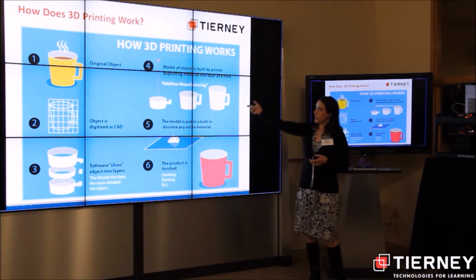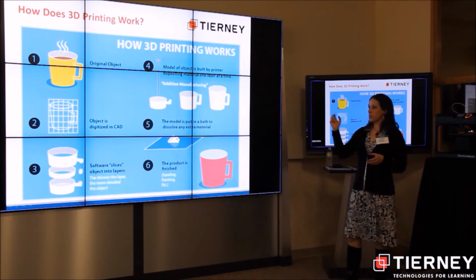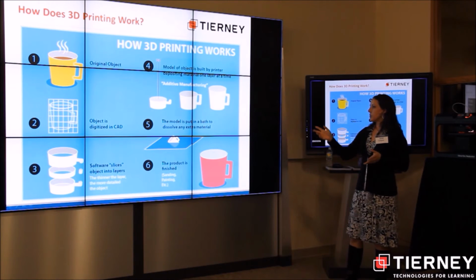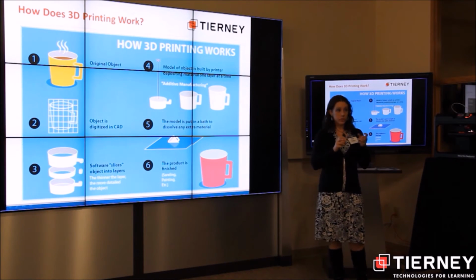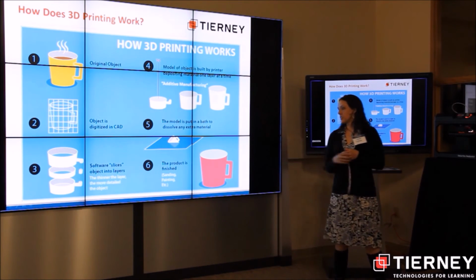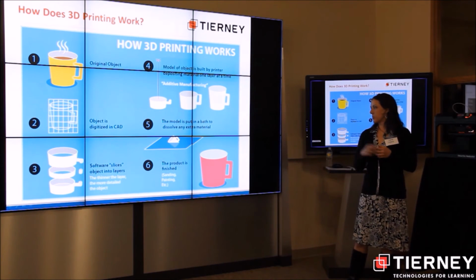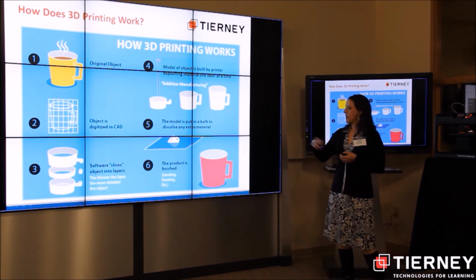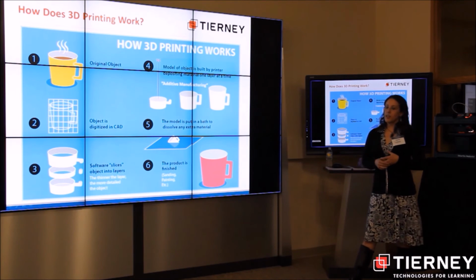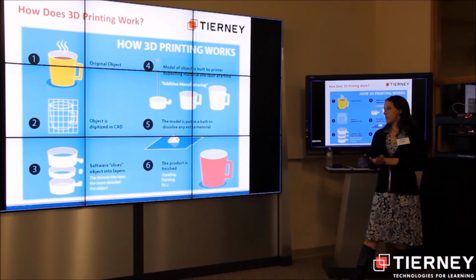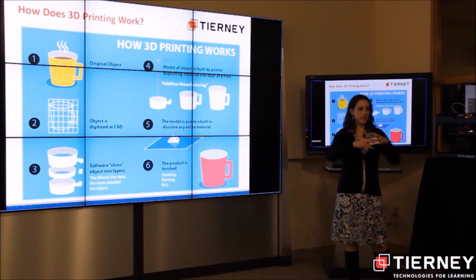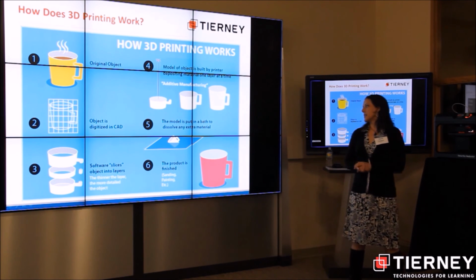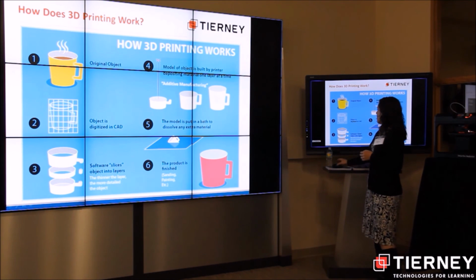In many cases, you'll be done at this step, where you just pop the print off and you'll be ready to go. In others, you might have to remove support material. You might have to dunk some of the professional printers in a chemical to harden them, things like that. And then you have your finished product. And that product can be sanded or painted, or you can assemble multiple pieces together into a larger object. You go from there. So all 3D printers work